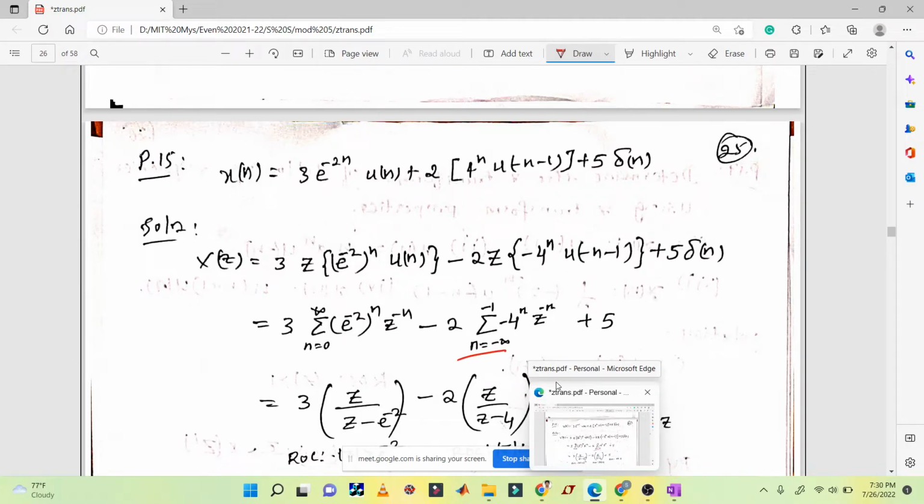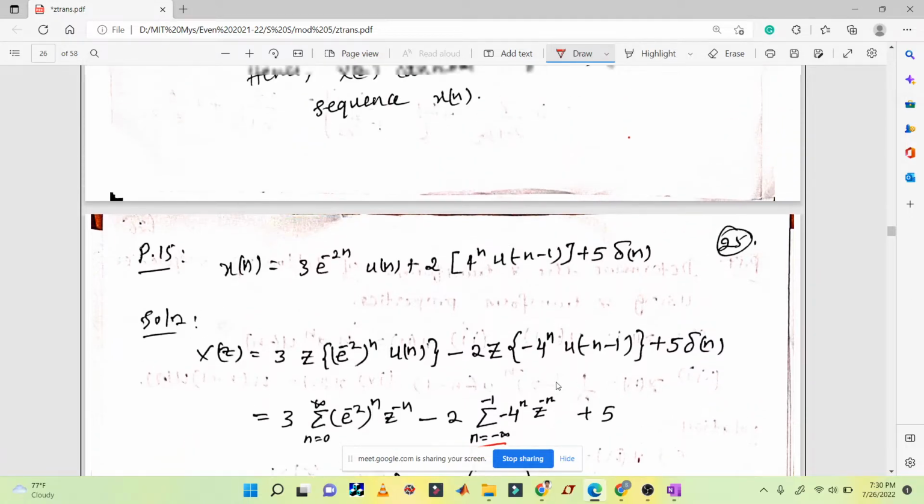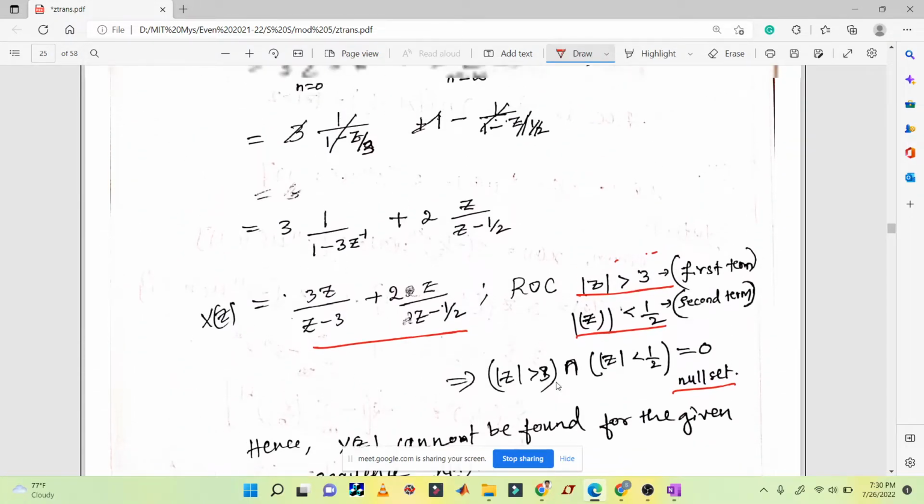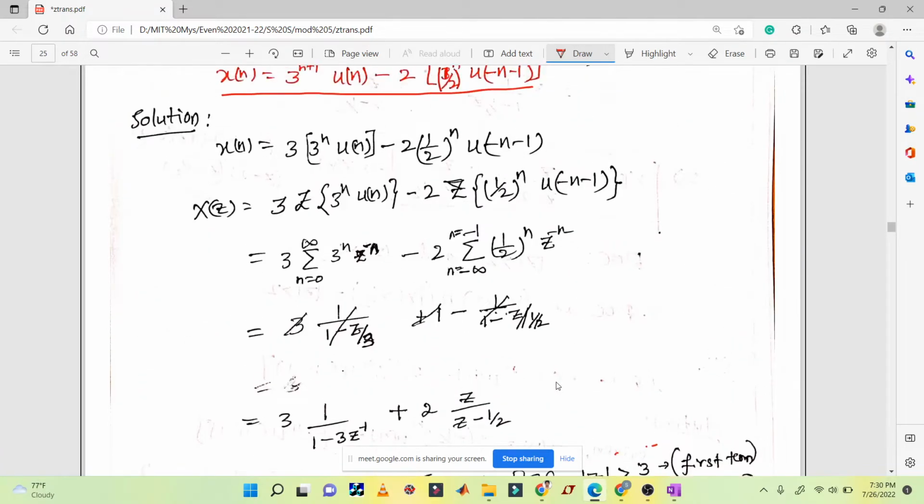One point I want to make clear for some of the students who find difficulty in solving the u of minus n minus 1 problem. Here, the simplest term